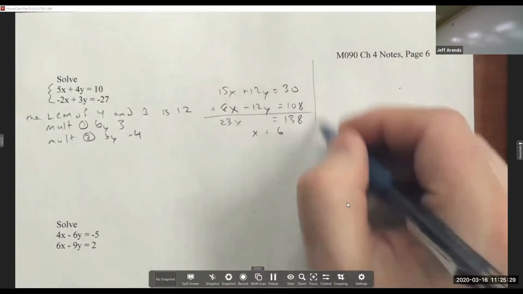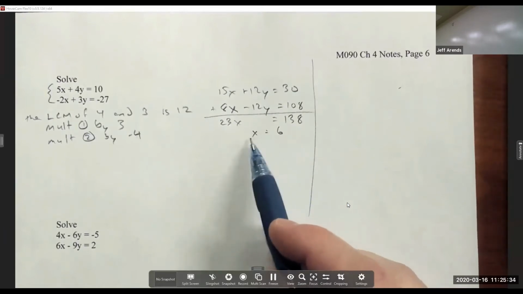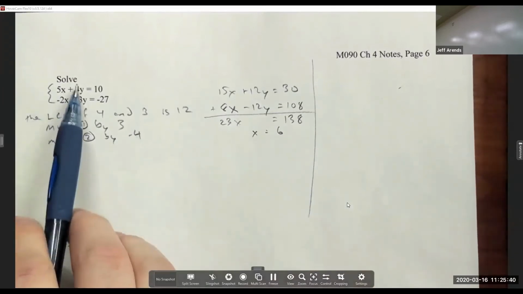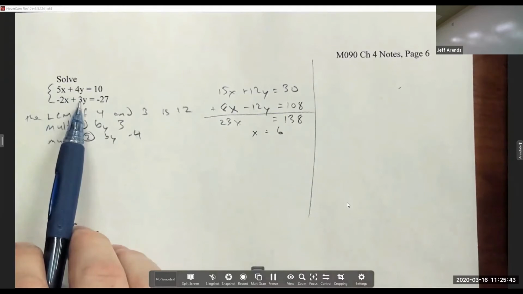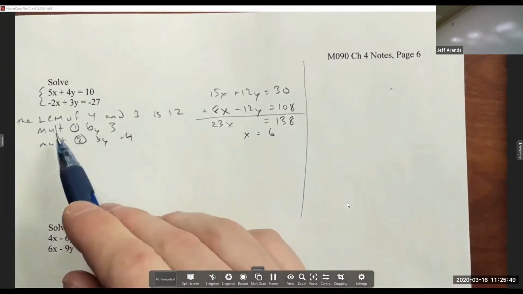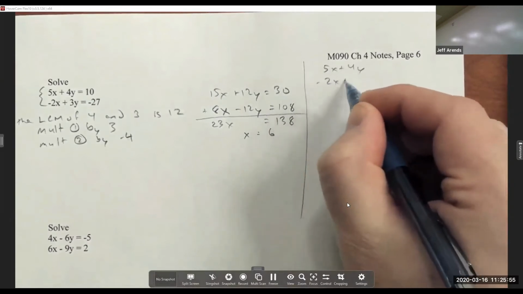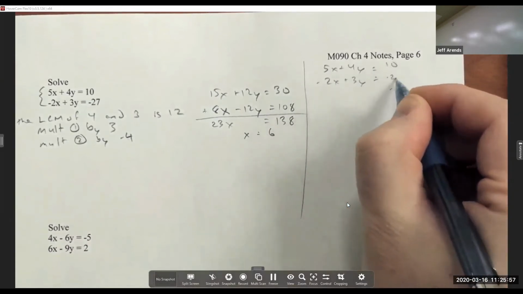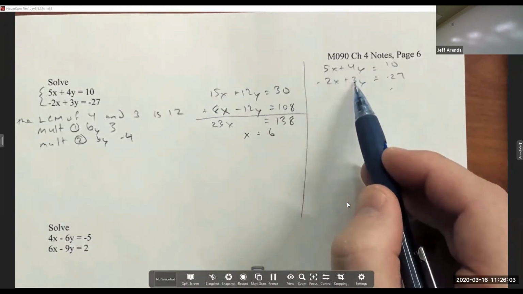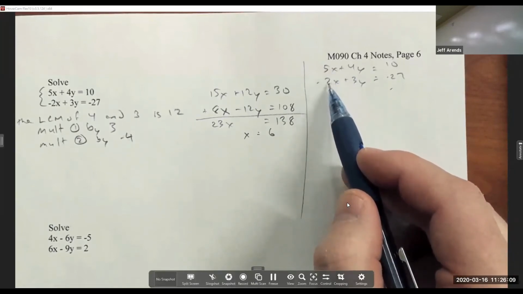Now, suppose for a second that it didn't come out nicely. Suppose this came out as some weird fraction. That doesn't change the fact that this is the x-coordinate of my solution. And I made a decision to cancel out the coefficients of my y's. Let's see if I can proceed without using this value. If I looked back at the beginning here again, I made a conscious decision to cancel out the coefficients for my y's. If I started over and made the conscious decision to now cancel out my coefficient on my x's, well,